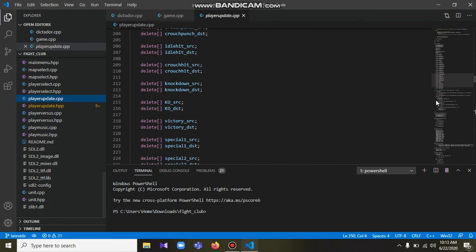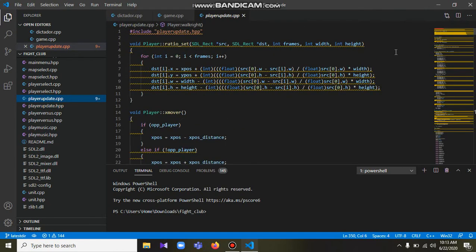So moving on to the cpp file, as you can see, I was telling you earlier about the ratio set. This is the ratio set function. What it does is pick up the rectangles on the png file and then resize them according to the change in ratio from the png file onto the SDL screen.